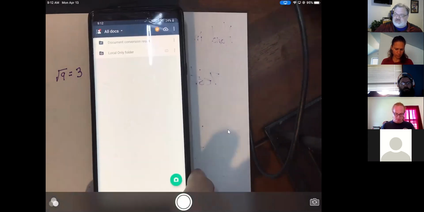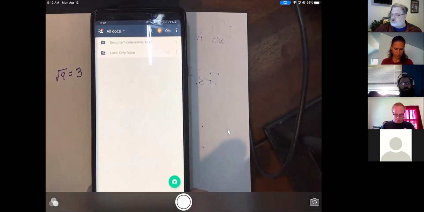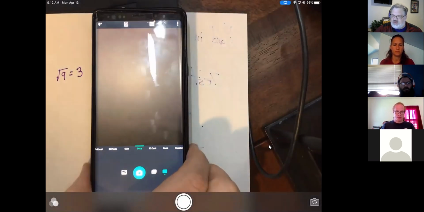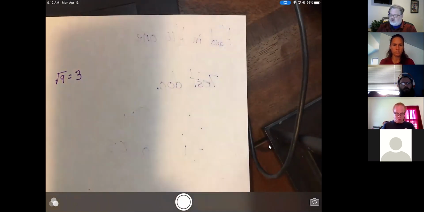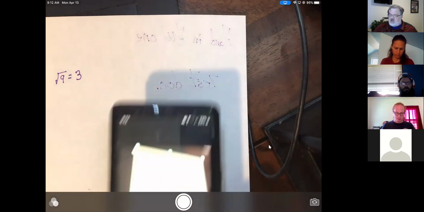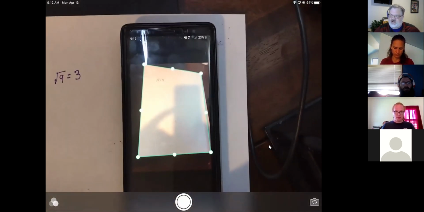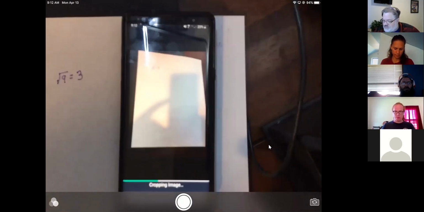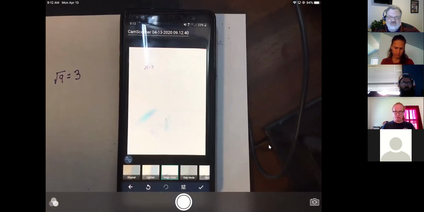There are lots of different scanning tools. This is just one of them. For example, I'm going to use it to take a picture of my page. Notice that's a terrible picture. It's at a weird angle and there's a big shadow in it. It's a pretty bad picture. But this software is nice because it straightens it out, flattens it out, and tries to take out any messiness.